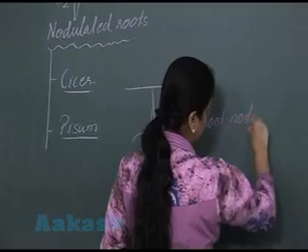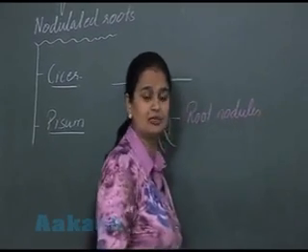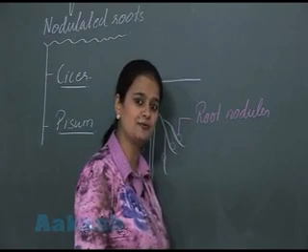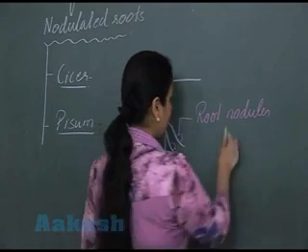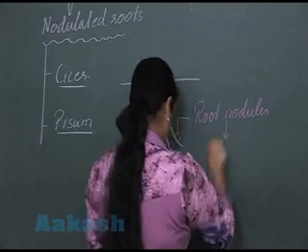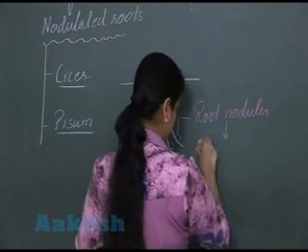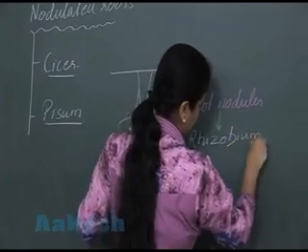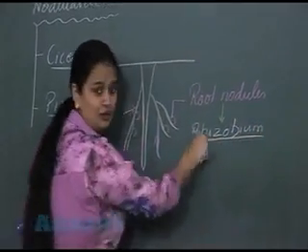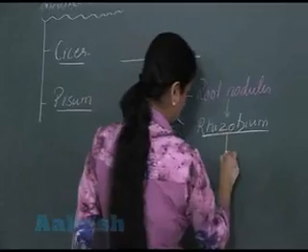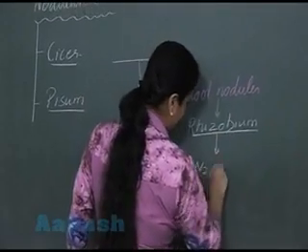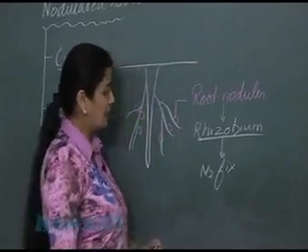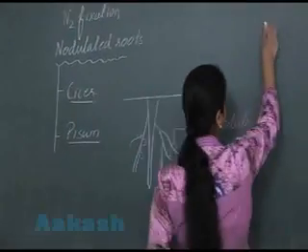You have studied in the previous classes that in the root nodules there is presence of a bacteria which is involved in the nitrogen fixation. Root nodules के अंदर present है bacteria जो nitrogen fixation करेगा. Yes, this example is known to you. This is Rhizobium. Rhizobium is involved in nitrogen fixation. Right? Now after this, next category,